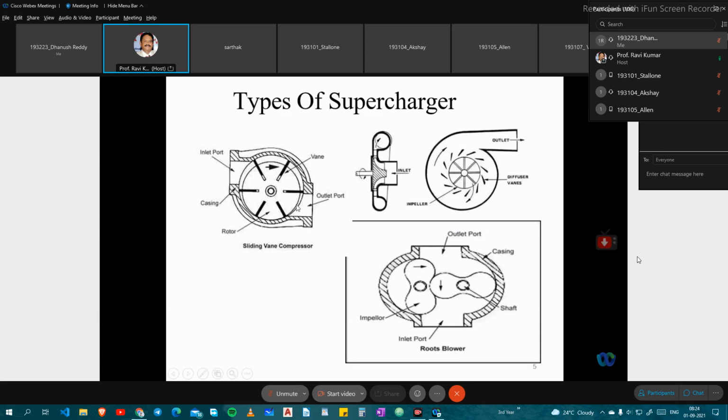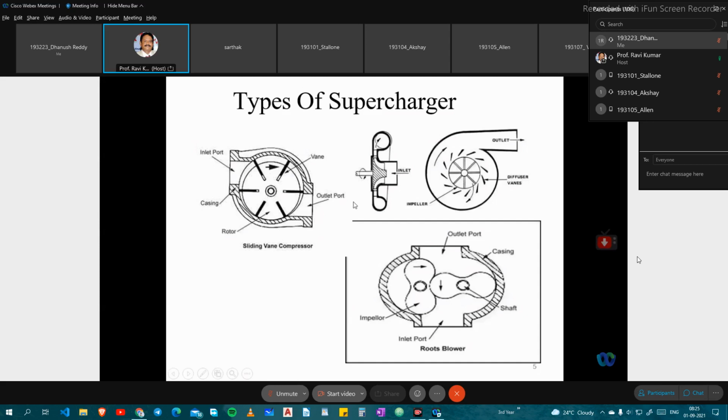We have the inlet port and outlet port. We are going to see this small cross section area, through which air will be leaving to the inside of the combustion chamber, where we are going to get the combustion. This is the attachment. We have a single cylinder, where we showed a figure previously. There, in place of the roots blower or roots supercharger, a vane type of supercharger will be connected to the compressor.